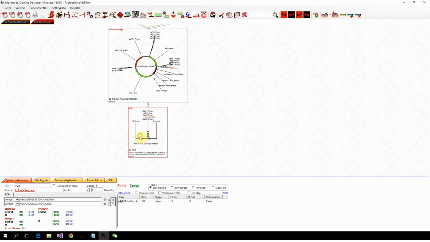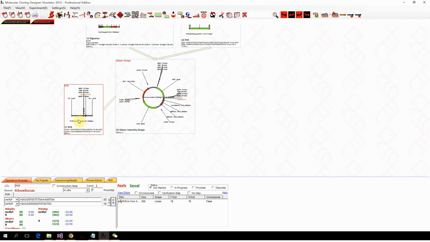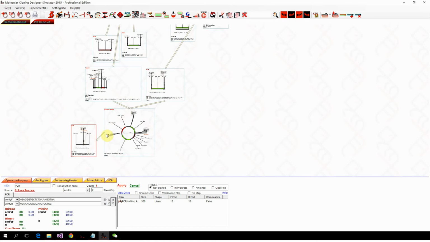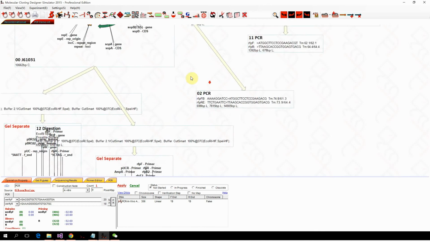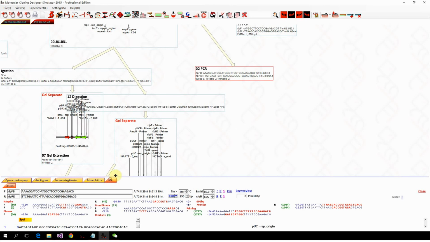So we get the verification products 356 base pair. So we can also look at the detail of the primer with the attached sequence. For example, this one. We click the PR